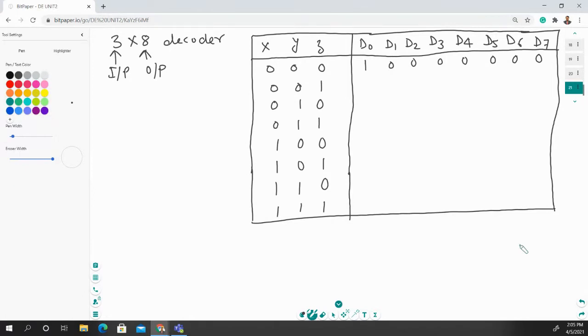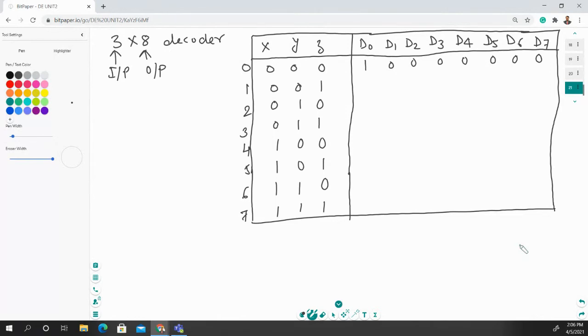So we have used the D0 bit as 1 and deactivated all other bits, because we want only the D0 bit to be active when these three inputs are 0. Now if this is the combination, then what should be the output? This is 0, 1, 2, 3, 4, 5, 6, and 7.